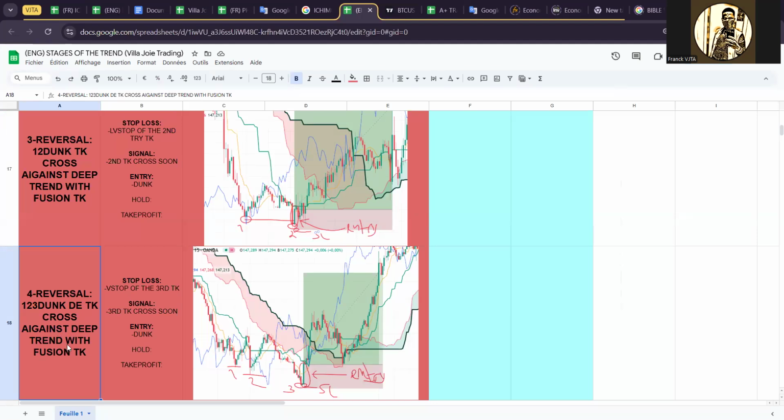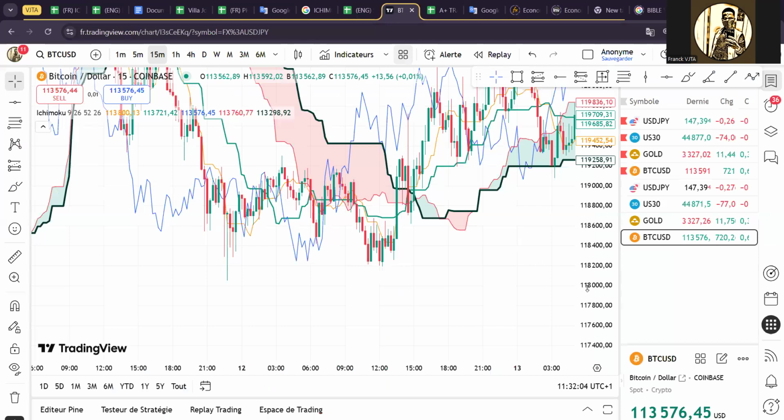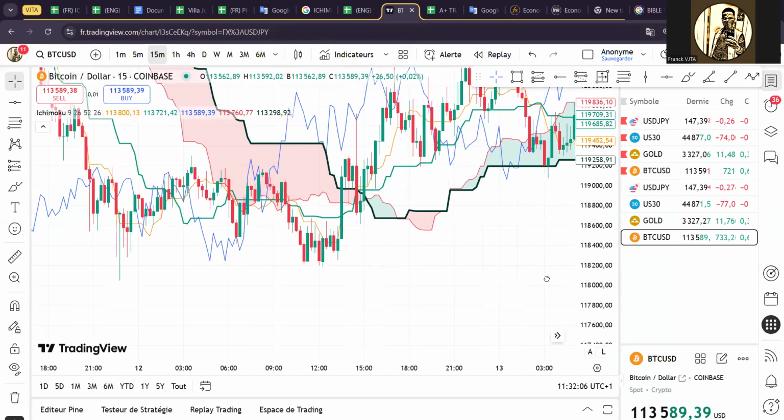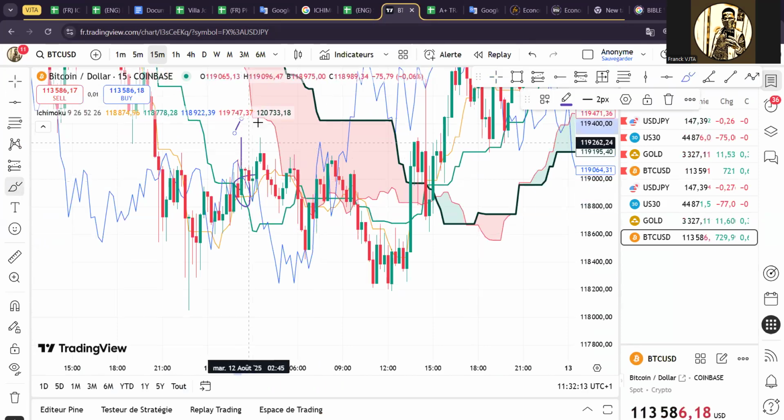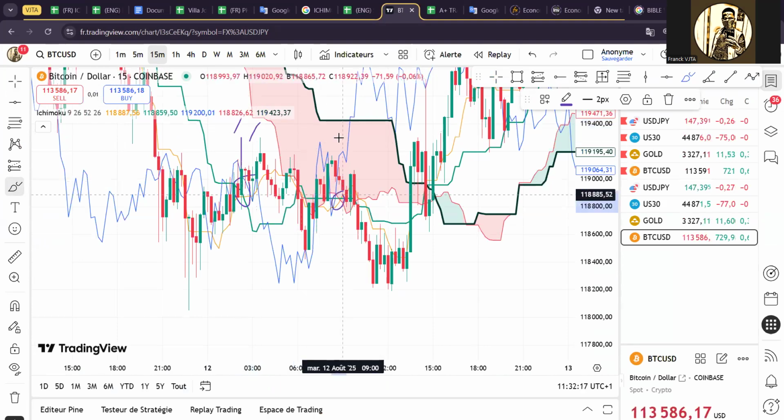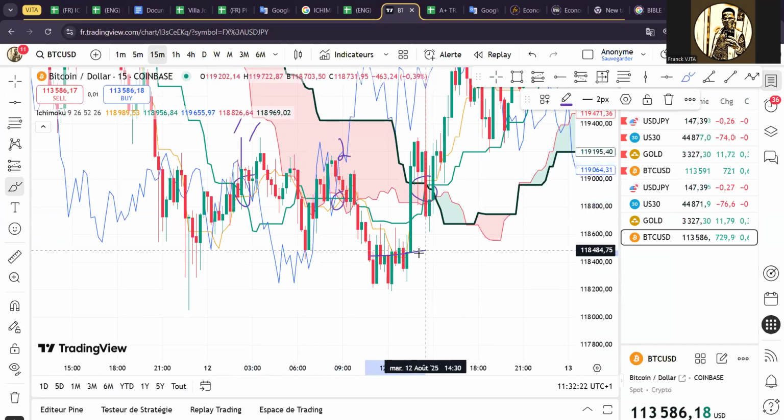Against the trend with TK fusion. You can have some TK fusion in between, but let's not focus on TK fusion for the moment. Let's just focus on the 1, 2. So you have one TK crossing to the upside, showing you that I want to go to the upside. You have 2 here. After the 2, the 3 will come here, but you can start entering at this